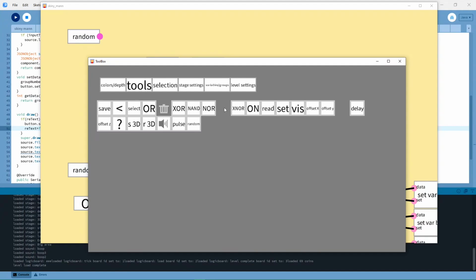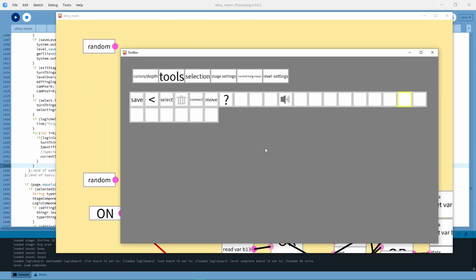Now we gotta get over to work on the toolboxes. This all needs to be revamped, as this isn't gonna work properly right now. I mean, especially, delete's not even there anymore. Where the heck is delete right here? I've re-implemented all the buttons here, and you might notice that they're all basically blank apart from the sound because,